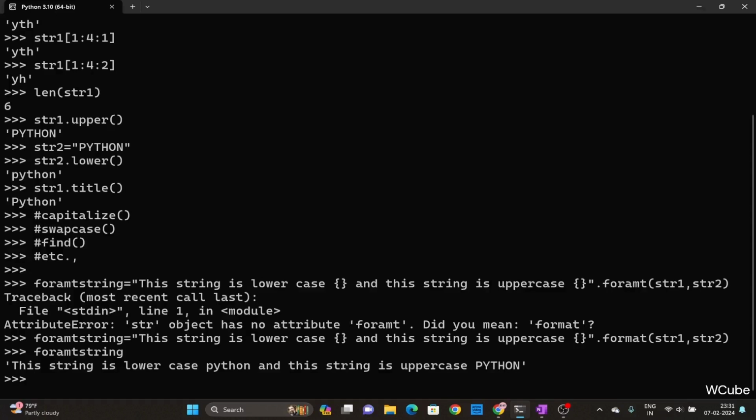Instead of opening the double quotation and writing the output statement, creating curly braces in between, and after closing the double quotation putting a dot format method and calling the parameters inside the formatted string, we can simply say format string 1 equals f